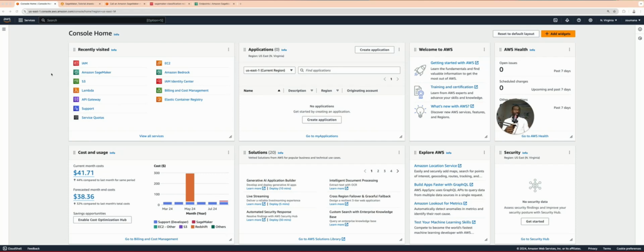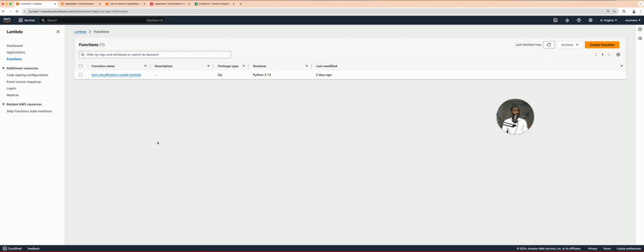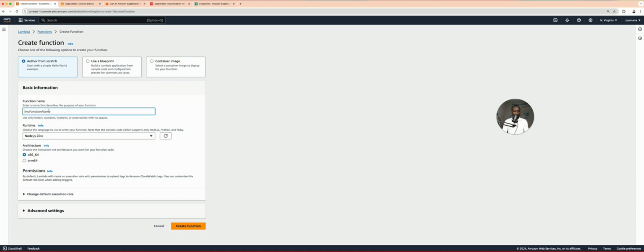The first thing here is to create a Lambda function. So get back to your console. If you don't see Lambda here, you can type Lambda function. And once we have Lambda opened, create a new Lambda function, and we are calling that Lambda function